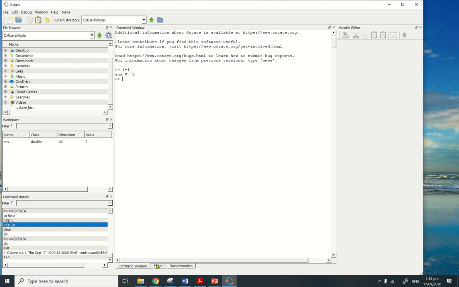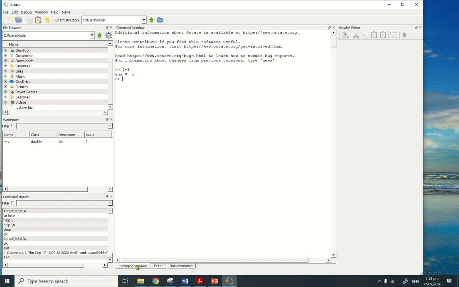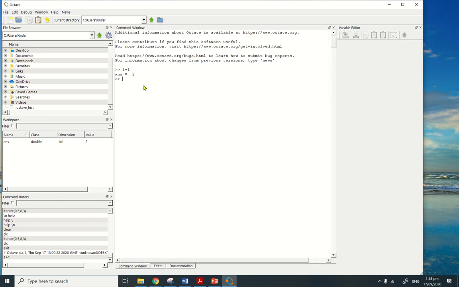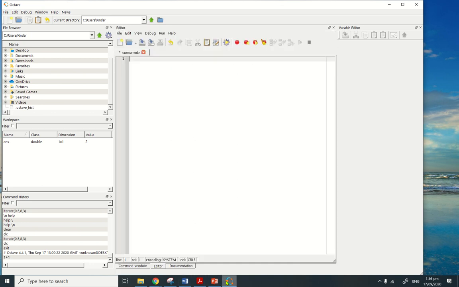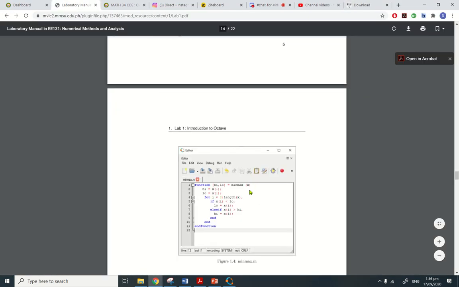Then, sa editor, dito tayo gagawa ng program. So, you will write a program here. Then, save it later on para magamit natin. So, ito yung most na gagamitin natin, editor and the command window. So, dito yung code. Dito yung where we run the code. And so on. So, sa first experiment nyo, so if we go back to experiment here, there's a sample code